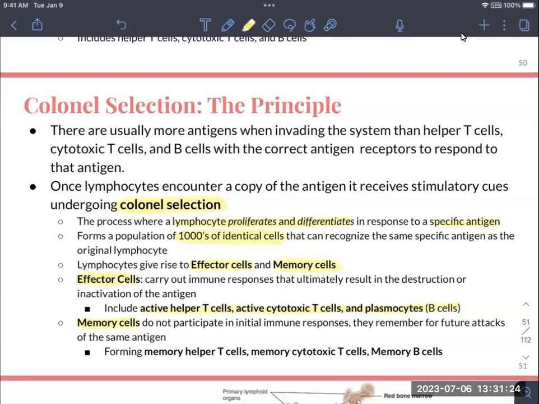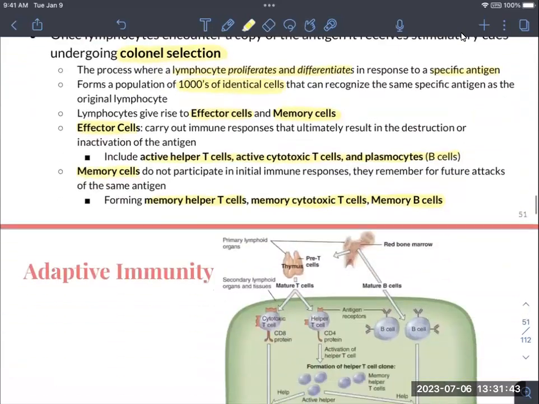That's what these memory cells are for. So we'll have memory helper T cells, memory cytotoxic T cells, and memory B cells. These are going to remember that specific antigen for the next time this same antigen shows up in our system